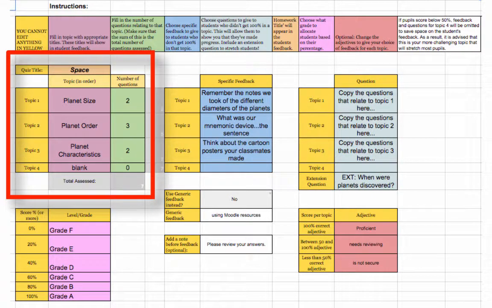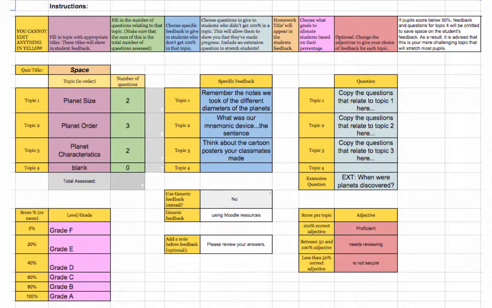The top part is where you are thinking about your assessment and the types of questions and how maybe they relate back to standards or specific topics. And this is where you'll put in those topics of the test. If you're only quizzing your students on a couple of questions over one topic, then you'll just put something in topic 1. Do make sure that you change the quiz title at the top, however, because that is going to